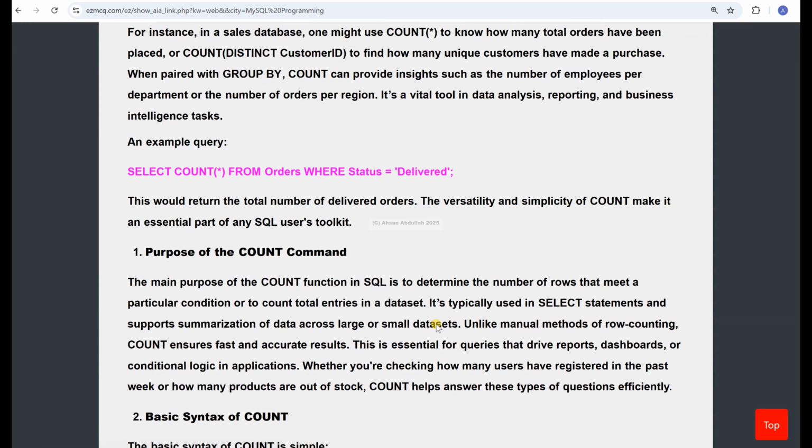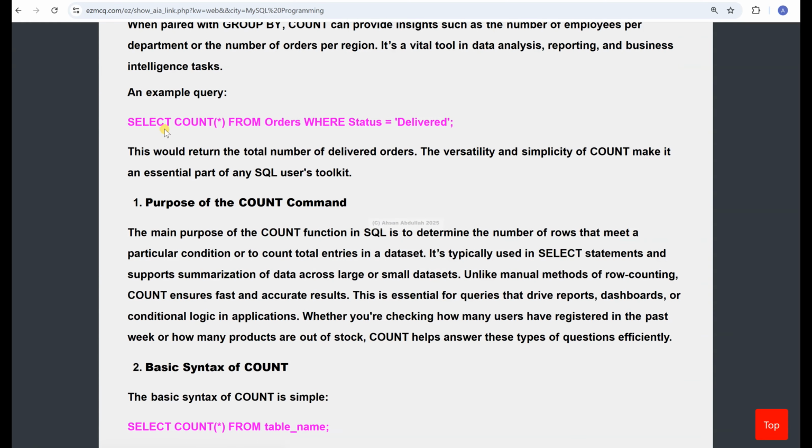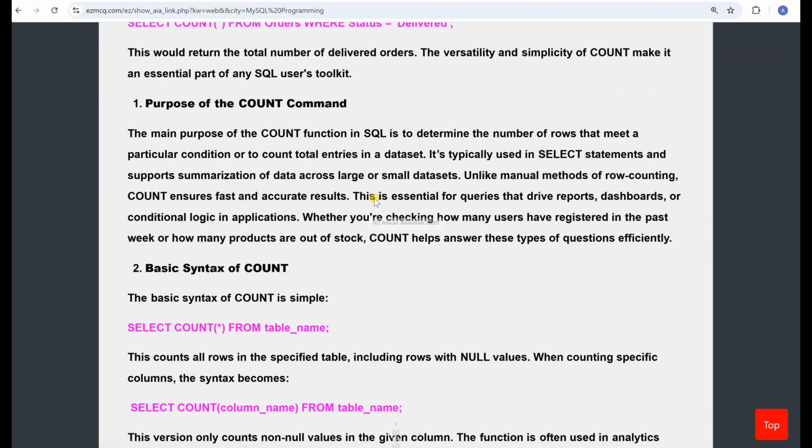So this is a very simple one. For example, select count asterisk. Basically, it's saying count all the records from the orders table where status is delivered. Okay, so this is very useful, and it can perform summarization, and it can free us from manual work